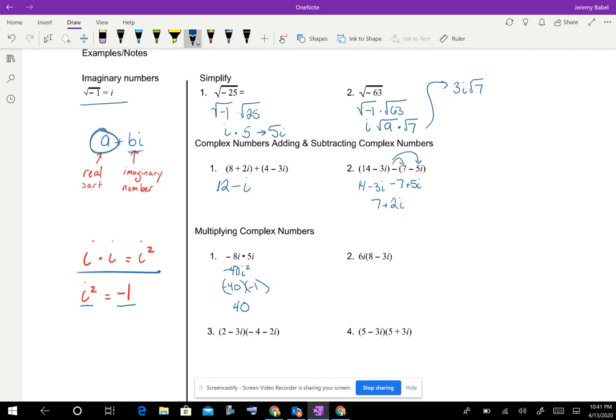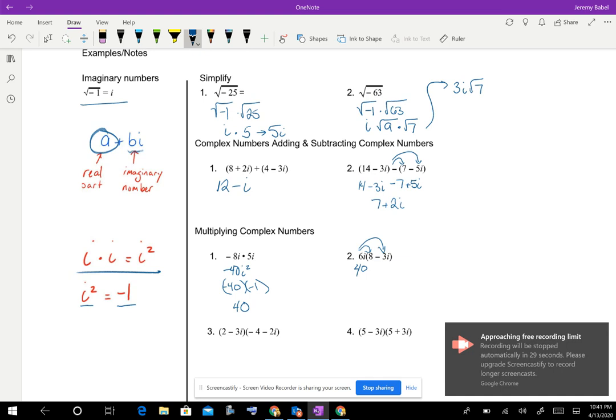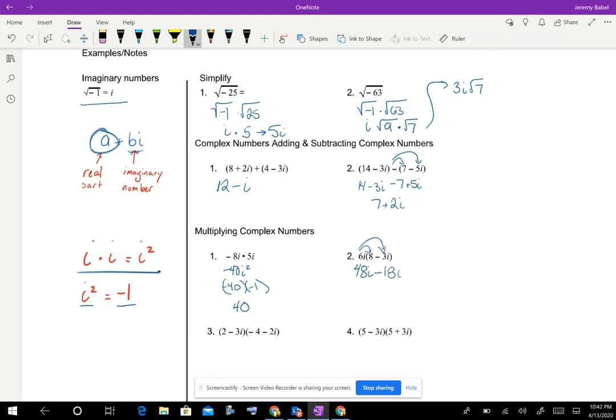It's the same idea here. We're going to multiply, but we're going to distribute first. So we're going to multiply the 6i times the 8, and then the 6i times the -3i. 6 times 8 would be 48, so 48i. And then 6 times 3 is 18, so minus 18. And then i times i is i squared. i squared we know is -1, so we've got 48i minus 18 times a -1. Well, a negative times a negative is positive, so that's going to be plus 18. So 48i plus 18. Next, we'll look at multiplying